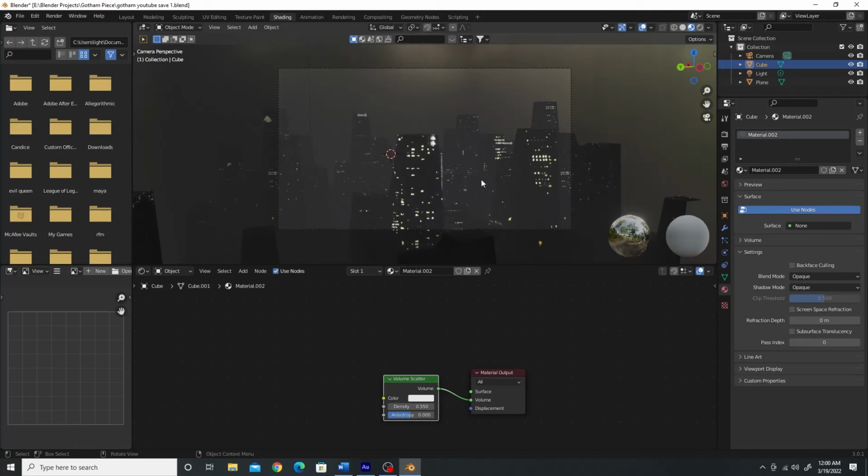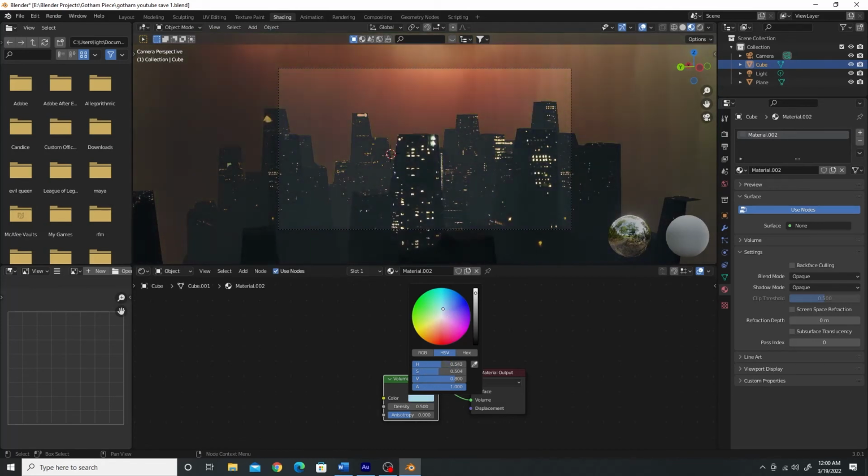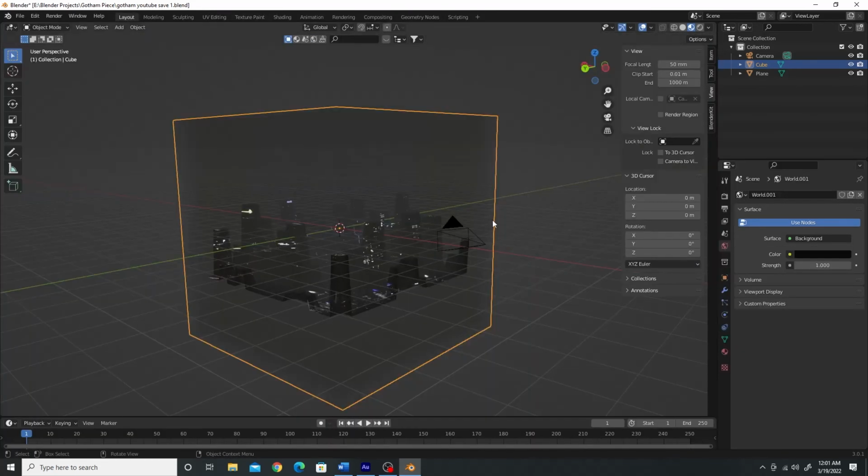And what's good about adding some volume is that we can really hide the things that we didn't perfect. So that looks really good actually. There we go. Okay, and you can even go ahead and change the color. So I noticed that in the Gotham TV series, they have a little bit of some blue cool tones going on. So after you've gone ahead and done that, you can basically come back to the layout,